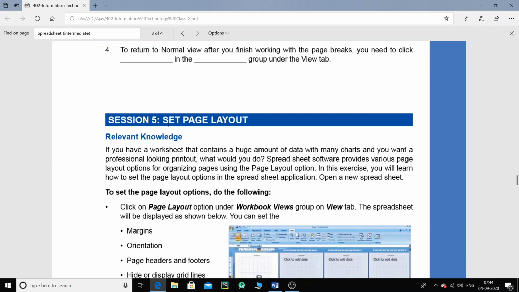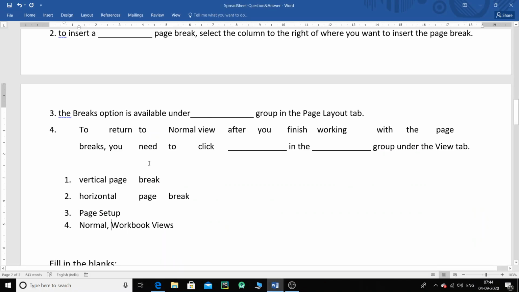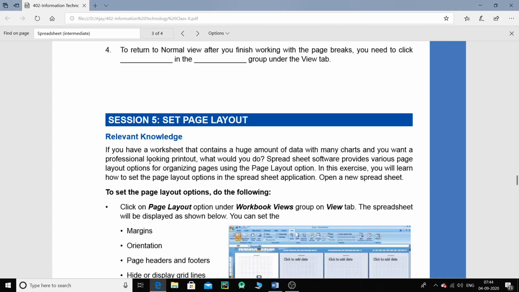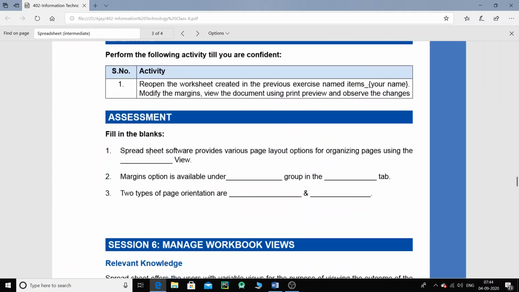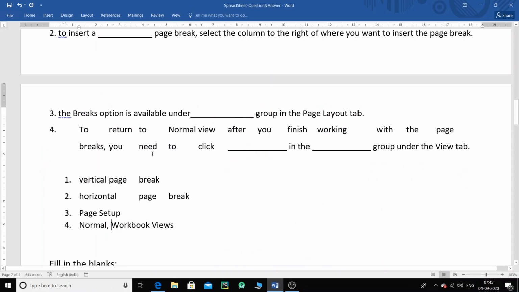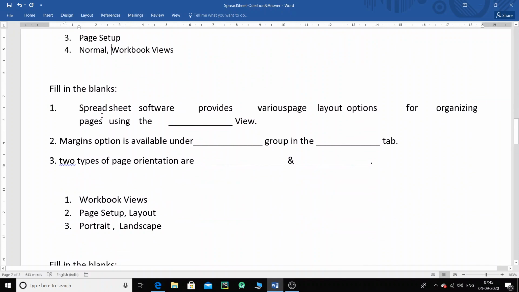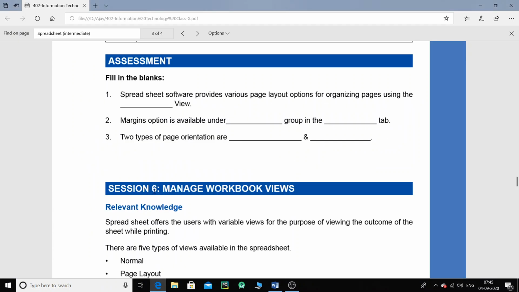That was the first four fill in the blanks. And then we have learned about how to set the page layouts, and we have three fill in the blanks for that. The first: spreadsheet software provides various page layout options for organizing pages using the dash view, that is workbook views. Okay, that is the first answer.